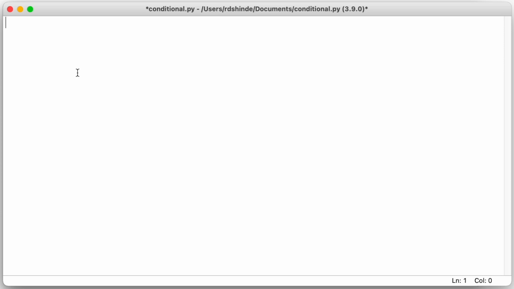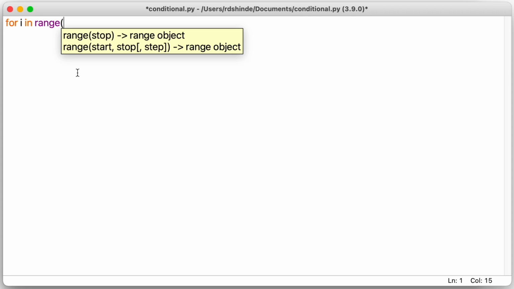Now let us check range function. For that purpose I am writing the for loop again. So for, then the variable that we want to print, that is i, then membership operator, that is in, then the inbuilt function range, and then here you can see the range function, how it works. It takes three arguments: start, stop, and a third one is step, and by default step is 1. So if we don't write step, then it is considered as 1.